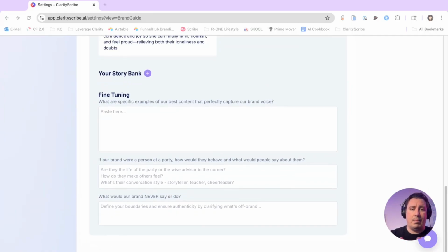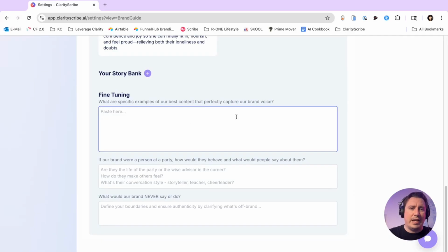This is one of the big pieces that's missing from a lot of AI, really understanding how to match your style when it comes to writing your copy. Now, a lot of different tools have tried to; you could upload a document to AI and hope it reads the whole thing. Well, this part of this AI will actually read the entire thing that you give it and extract insights into your style, your voice, and those things that are going to make those other tools inside of ClarityScribe